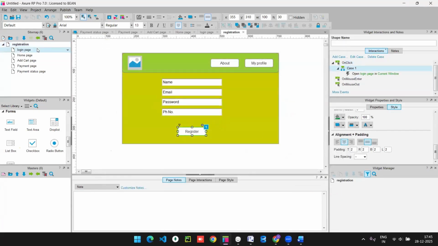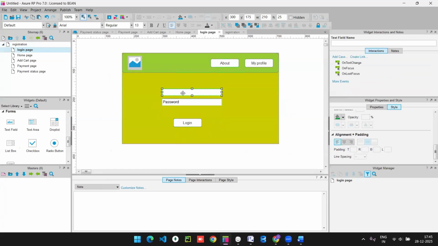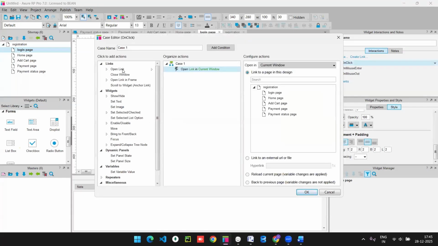After the login page, after entering the details, email and password, I will go for the login. After I log in, I will be redirected to my homepage to access the product. So for that, double click on that, click on open link, link to the homepage, click